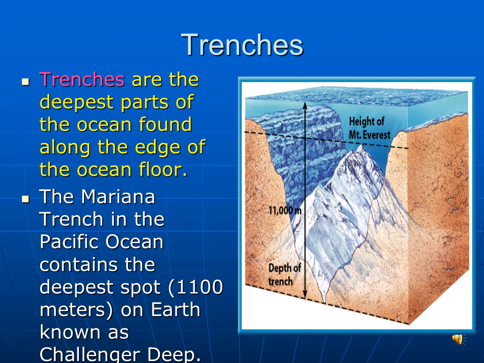So we talked about trenches and stuff before, but you see Mount Everest is one of the tallest mountains, and we can get trenches just as deep as here, as you see. And that's what this one is. The Mariana Trench in the Pacific Ocean goes up to 1,100 meters. That's known as the Challenger Deep. Definitely stay away from that. But these are, again, deepest part of the oceans.